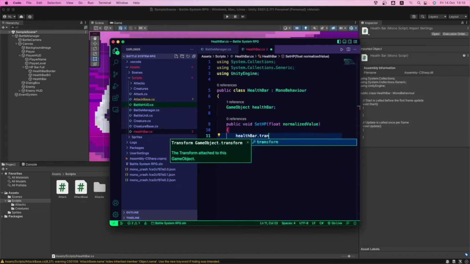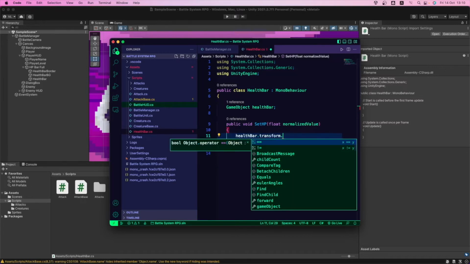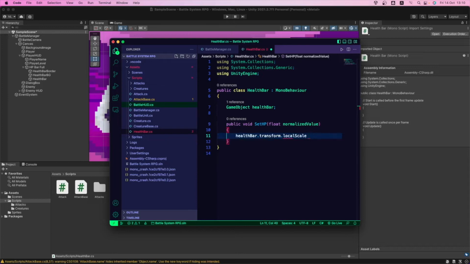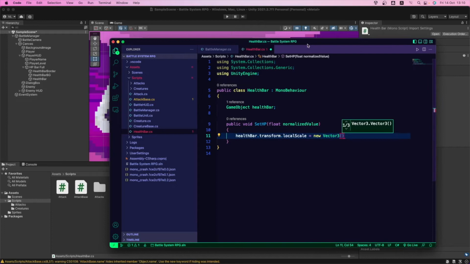We're gonna go into its transform. We're gonna go into its local scale, and we're gonna change the value of the x. So we're gonna assign it here. We're gonna go into new vector 3. Let's open parentheses. We're gonna make this window a bit bigger so we can see everything.